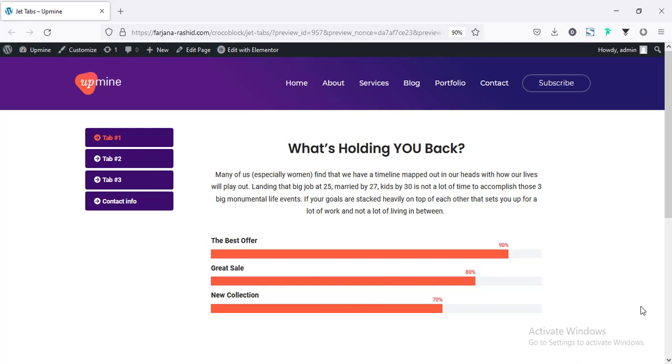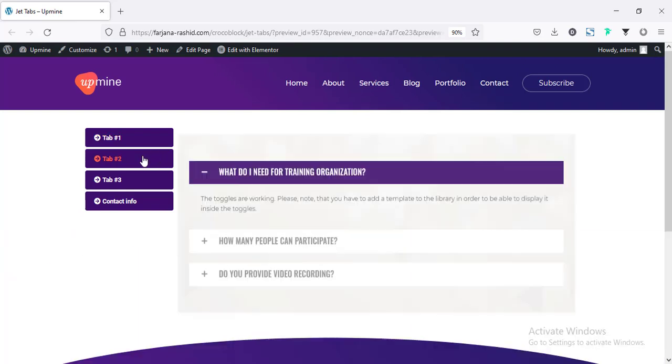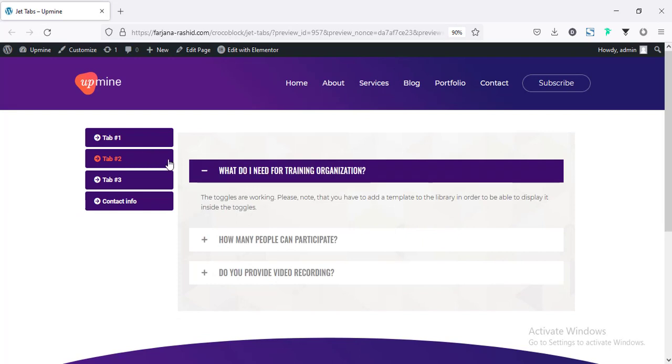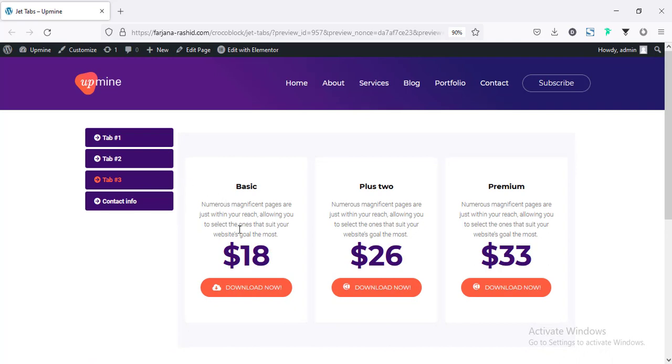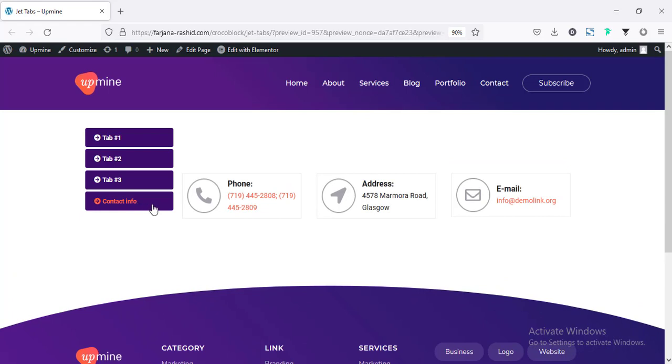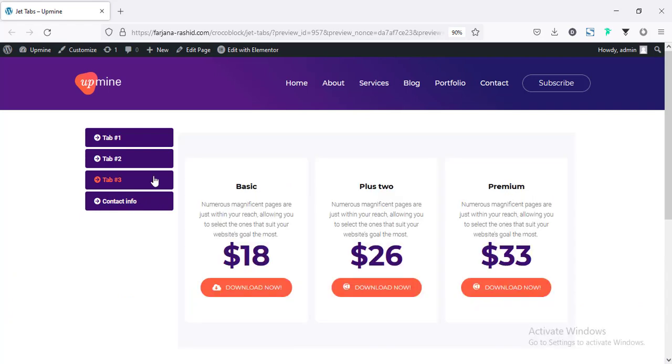In this tutorial I will show you how you can create this kind of advanced tab instead of creating some default text and image. So here I have taken some text and then here is a counter widget for skills. And also when I hover over the second one, here is showing another new tab. And for the third one, here I have created a structure for a price table, and then finally here is some contact information with different kinds of icons. In a similar way, we can create any custom layout inside our tabs module.